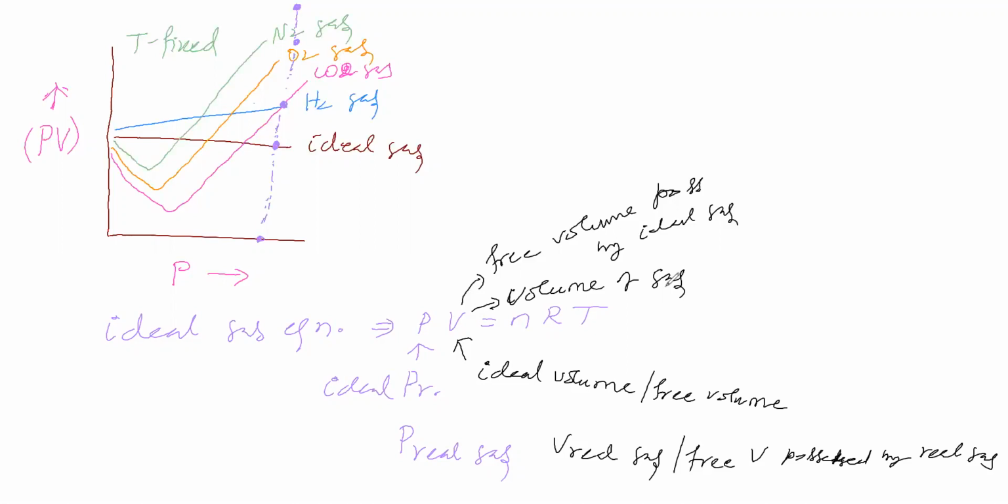So in this equation, PV = nRT, V is called the free volume, and kinetic molecular theory says that free volume is exactly equal to the volume of gas. Now let us see practically. In a real situation, shall we say free volume is exactly equal to the volume of gas, or not? What shall we say?